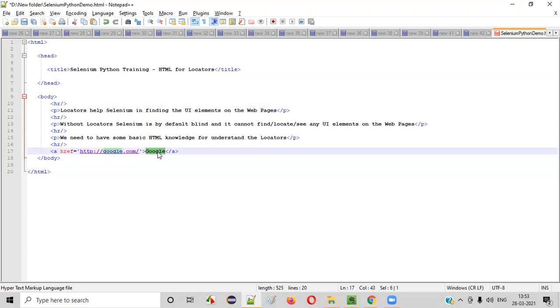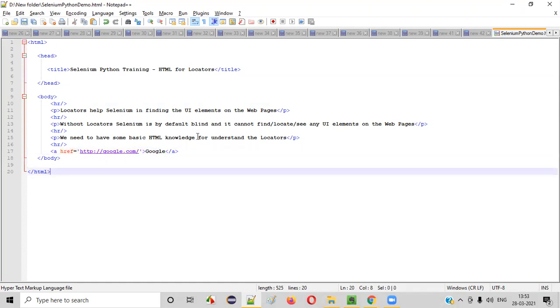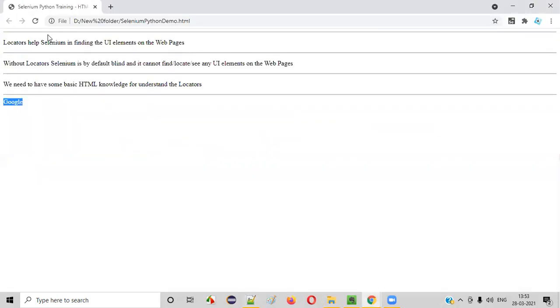So I just gave the URL of Google, right? This is just a text, guys. I want to convert this normal text into a hyperlink. For that, I have to give the href attribute inside the starting anchor tag and give the URL of Google. Now save this. After you add the attribute for that anchor tag having the Google text, when I refresh, you see this Google got converted into a hyperlink. When I click on this, it takes me to google.com, right?